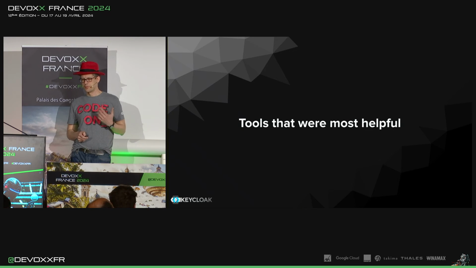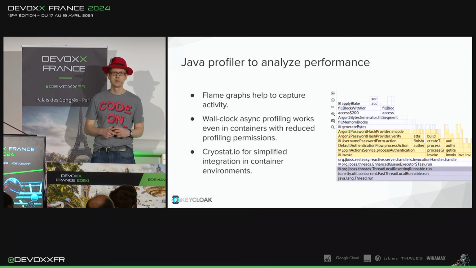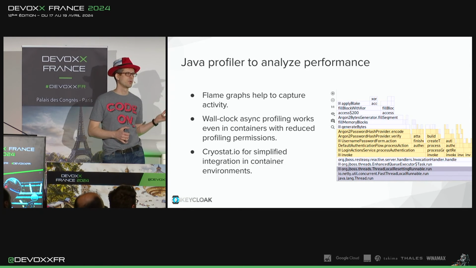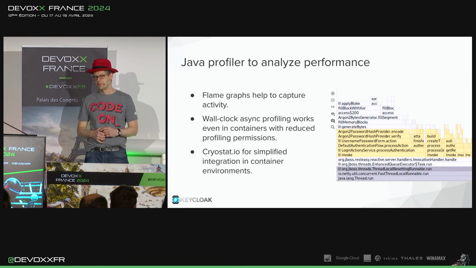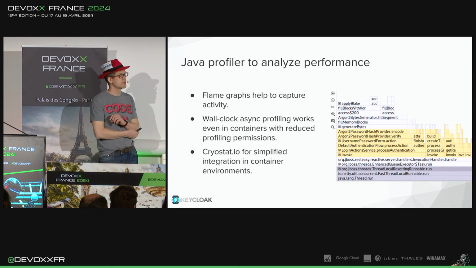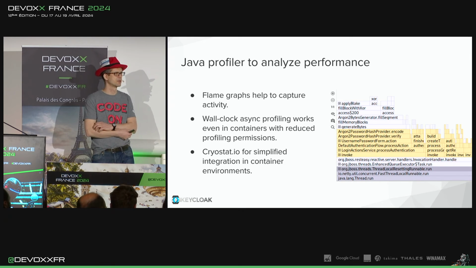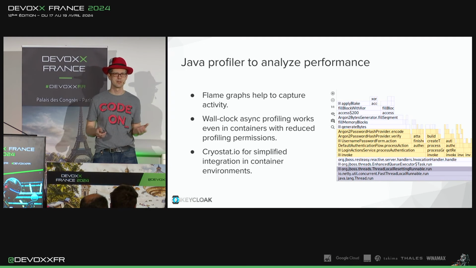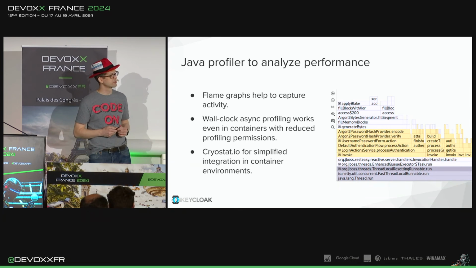The tool that I found most helpful in this setup is the Java Profiler, especially looking at flame graphs, which shows us where we spend the time and where things are blocking. In the early days, I also tried to do async profiling in containers and found it was not working until I figured out I probably should have used wall clock async profiling in my containers, and that works even in OpenShift with all the security lockdown, which is really great.